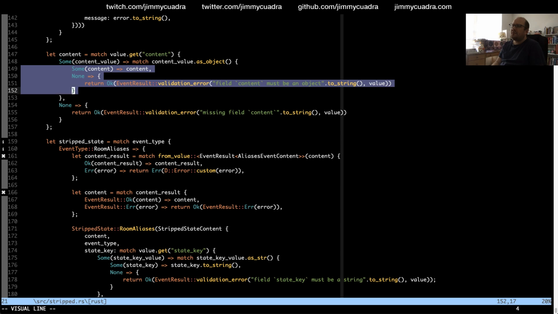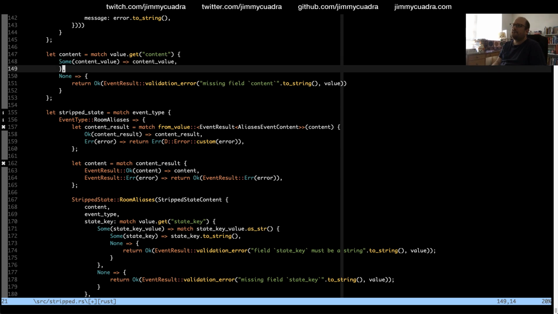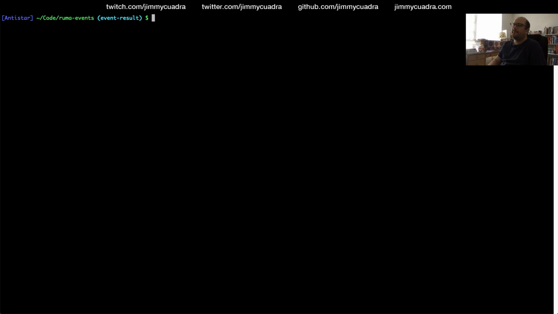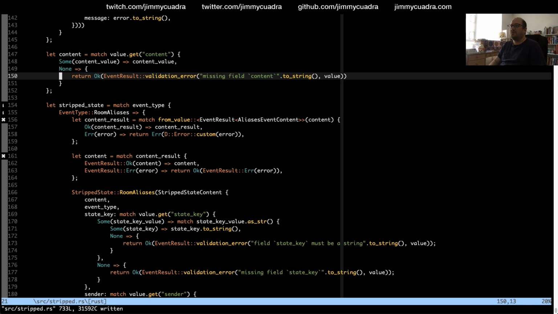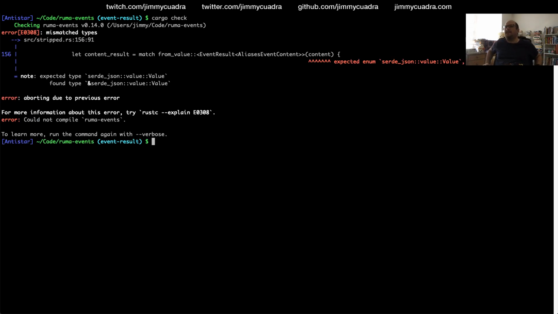I don't think this needs to be specified here. So let's just try that. Just give it a value instead of an AssertedJsonMap, because it doesn't care whether it's a value or not. It's just going to try to deserialize.